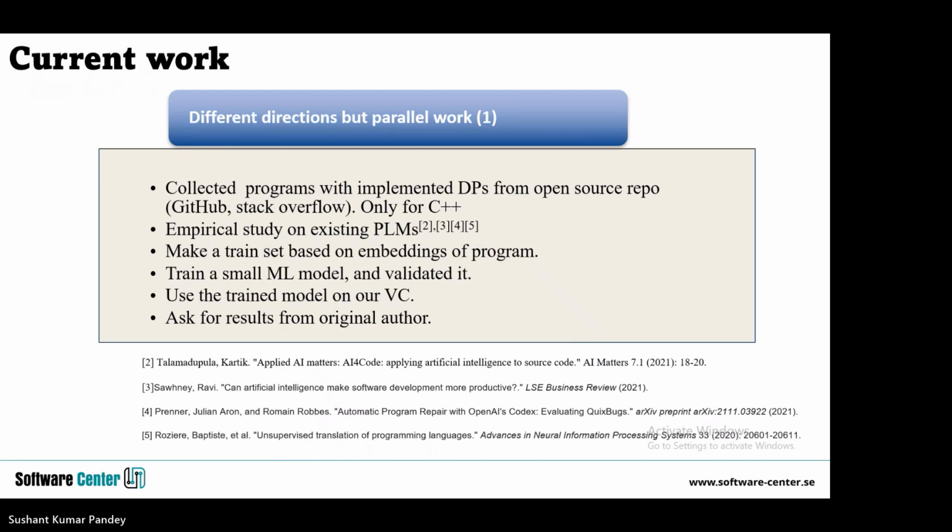So in our first work, we collected some programs from open source repositories. We collected programs from GitHub and Stack Overflow, but only for C++. We also explored CPU adjusting PLMs to find out which PLMs are suitable for our study. And we made a small train set, trained on top of the PLM, and then evaluated